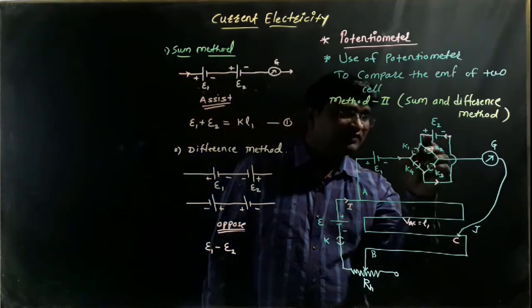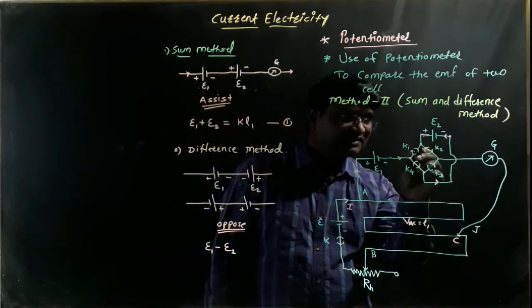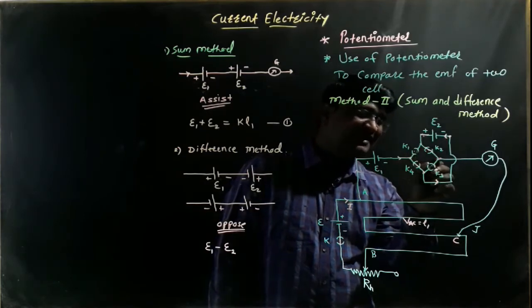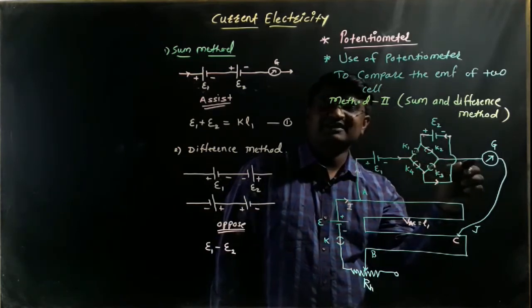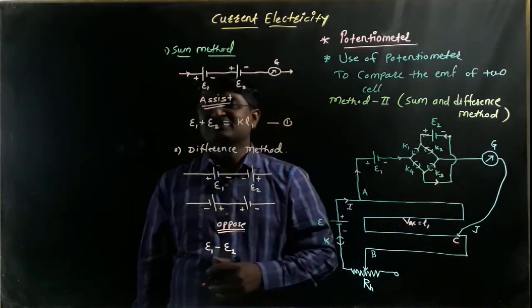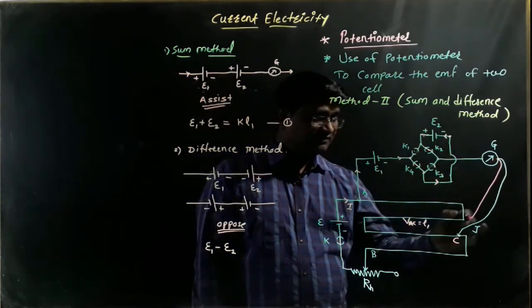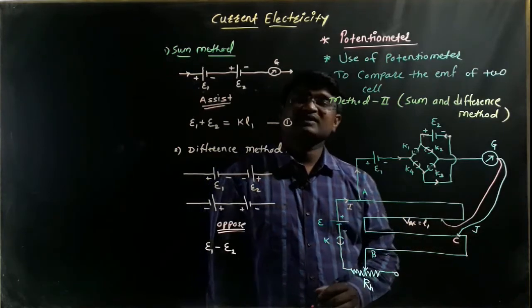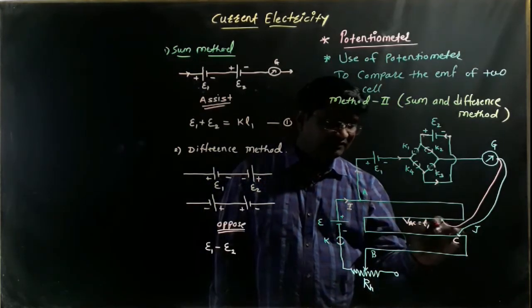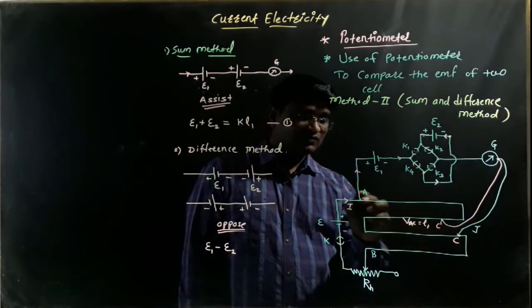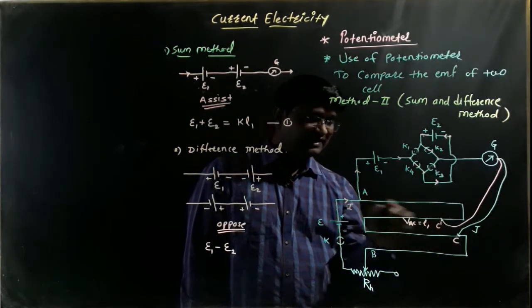Let's see when this current reaches here. After that, the electric current moves through the key K2, because K2 is also closed, and passes directly through the galvanometer. Again the galvanometer shows a deflection, and again the jockey touches different points on the wire AB. When it is connected from C dash, we have another length, that is AC dash.